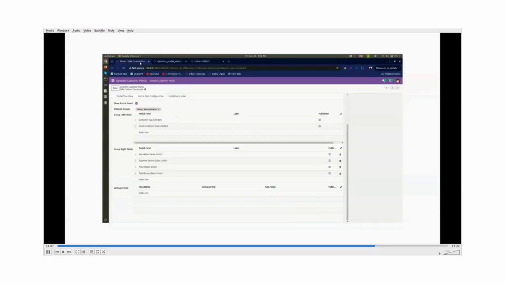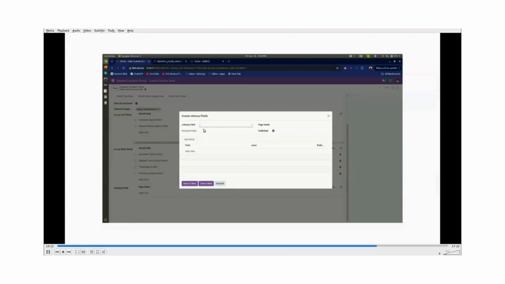This is how this will show on your portal. Now let's select the X2many fields. Order lines, you can give the name from here. For order lines, you can add the fields from this tab.